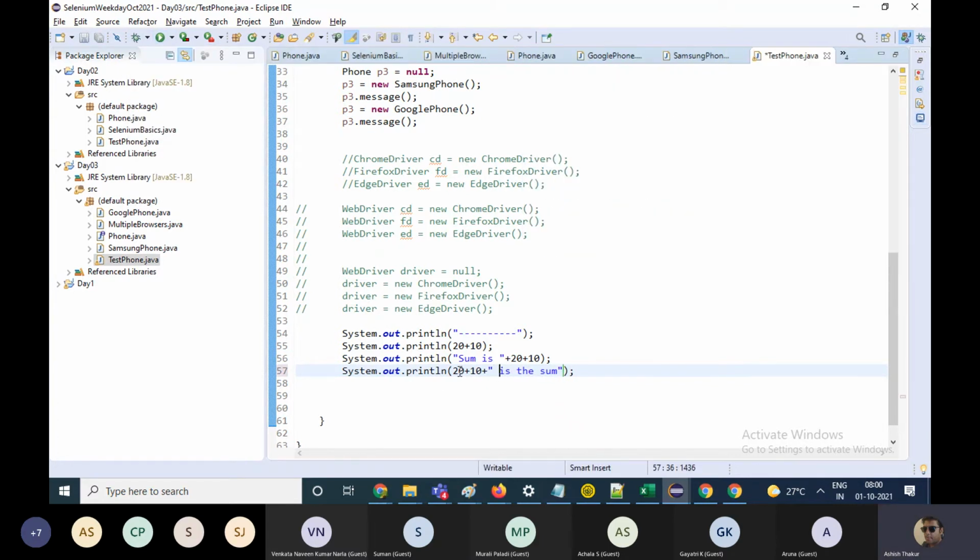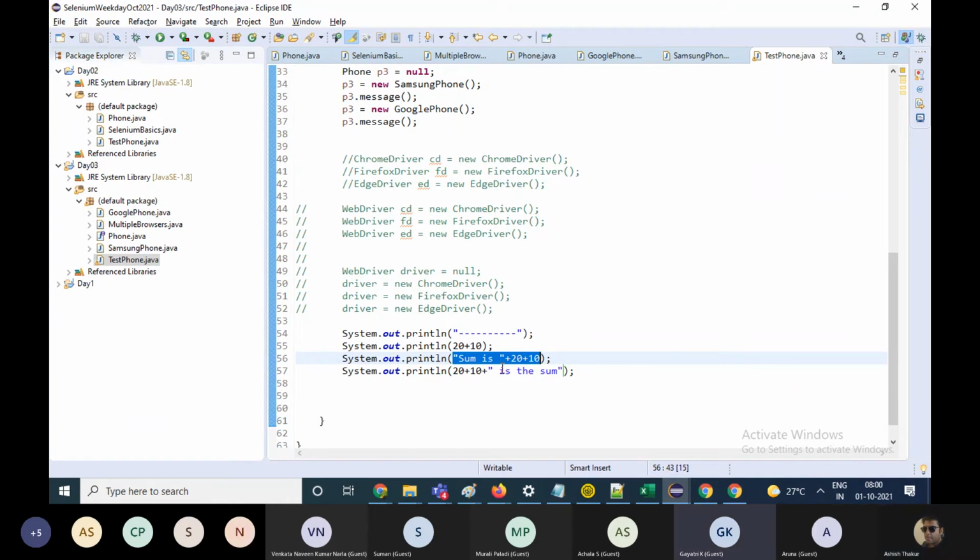The reason is that this is an integer. Integer, when it finds a plus sign, it adds into another integer. The execution is from left to right. So this part is executed first. So 20 becomes concatenated with a string, and then sum is 20 is the string, and then 10 is incorporated in between. Are you getting my point? Yes, yes, I am. So this is the thing.